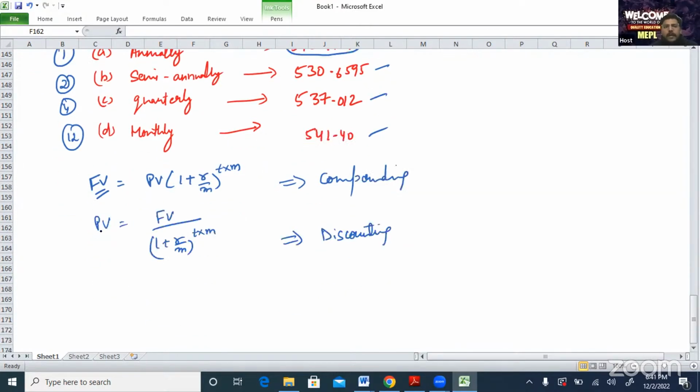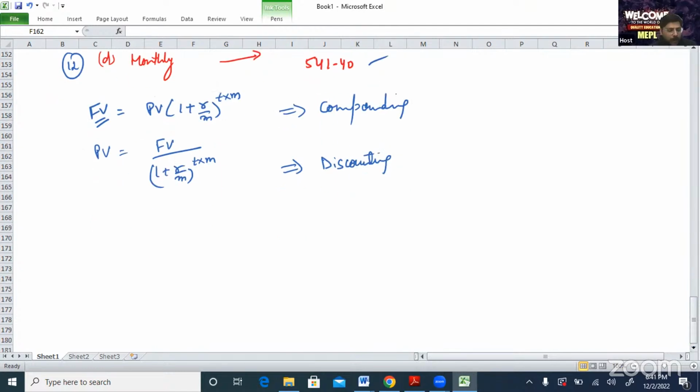So I can calculate my present value like this. So in the calculator, I have to choose the same thing. Instead of computing future value, I have to compute what? Present value. So let me do a question again, because now we understand.